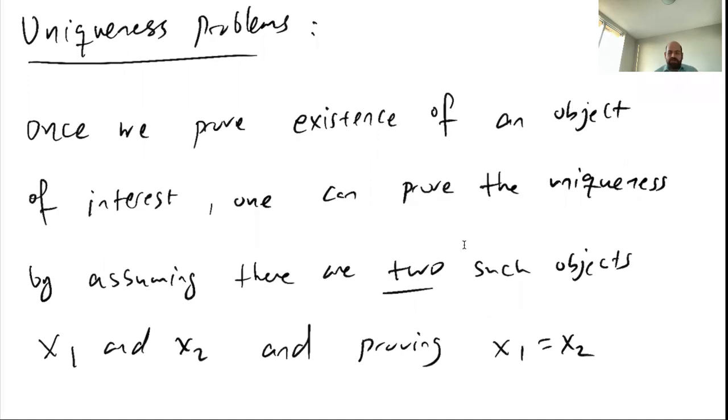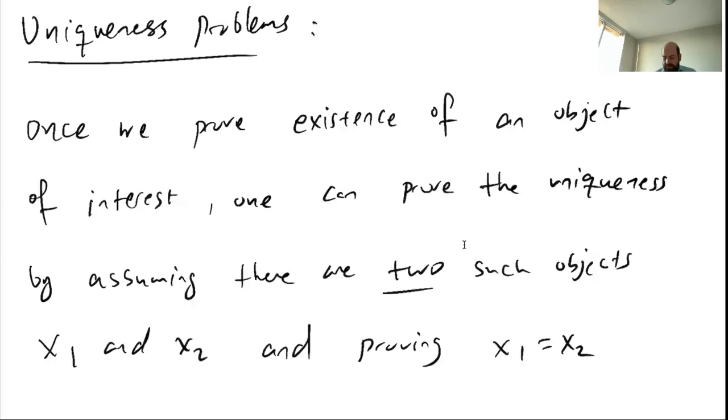Okay, so like I said, uniqueness and existence, both of them are important in mathematics. Of course, for uniqueness, first we need existence. But once you prove the existence, then the question raises whether uniqueness also holds or not. For example, we said a person whose investments worth more than $1 billion. So let's say I know that person X has investment worth $2 billion. But then the question of uniqueness raises. Is that the only person whose investment worth more than $1 billion, or there's another person in the world whose investment worth more